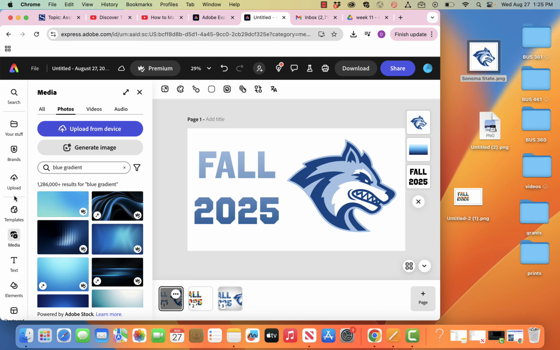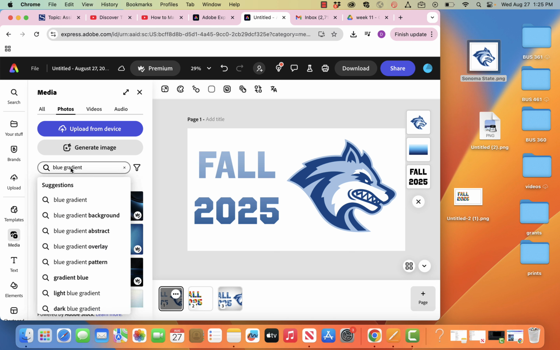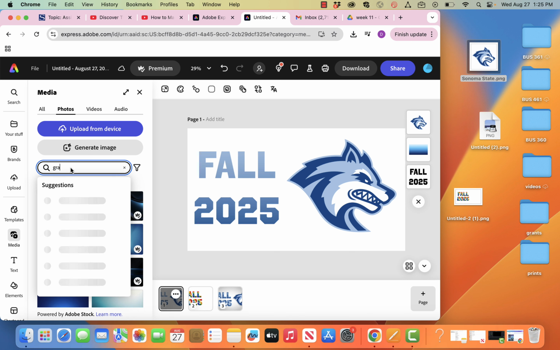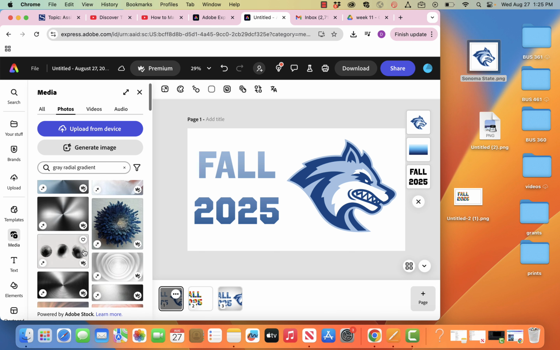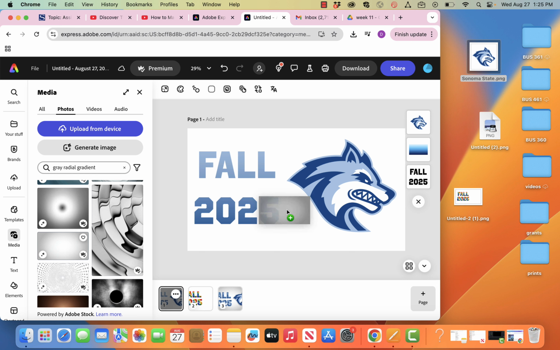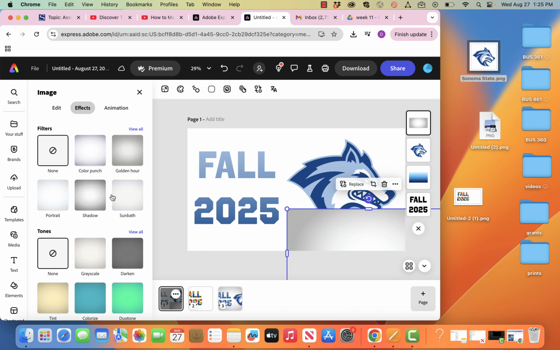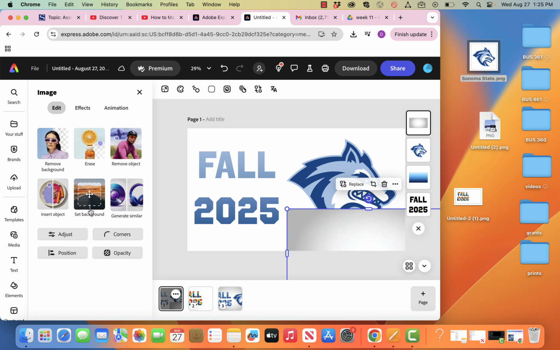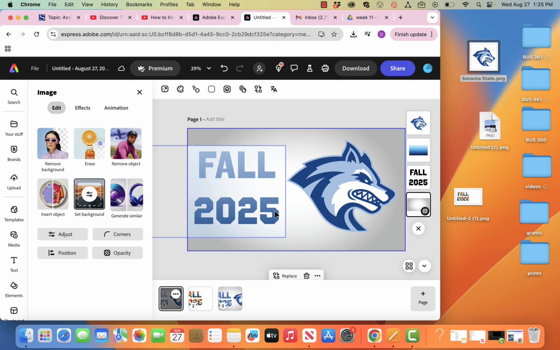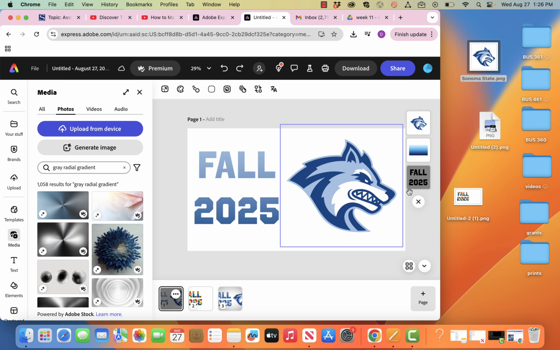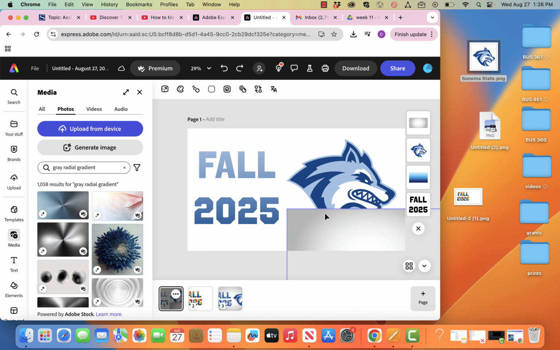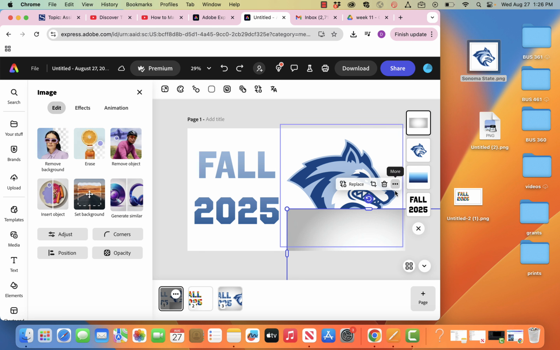All right, so if I do, I would come to Media, triple click, select all, gray radial gradient, and Photos. Scroll to that simple one. Set it to background, edit. Yeah, see, because the blend mode makes it not interact how I want it. So I'd have to Command Z. I would have to put that radial gradient, duplicate it or copy it,